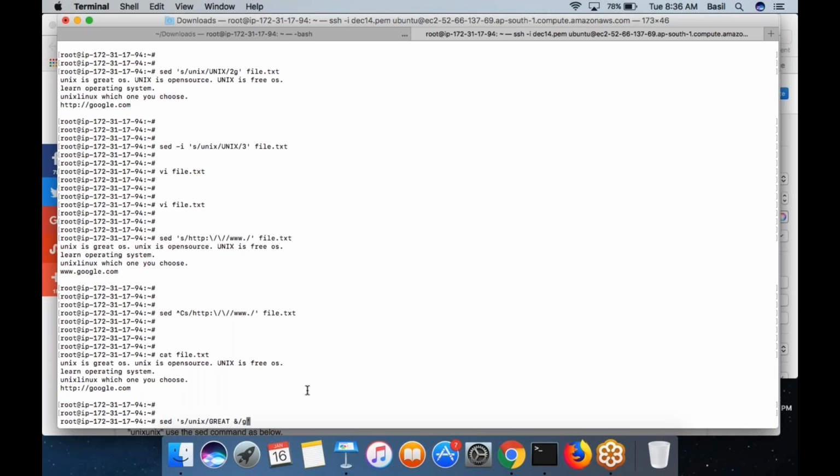Maybe I want to do it globally, so I put a g, then the file name, file.txt. What would happen? Wherever there's an entry for Unix, with global g, it would be replaced with great ampersand.